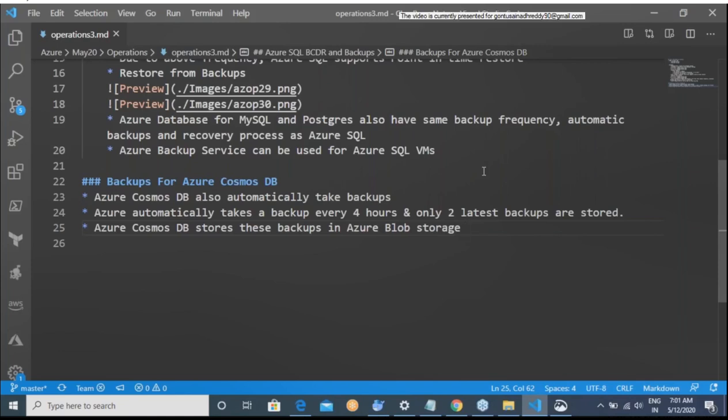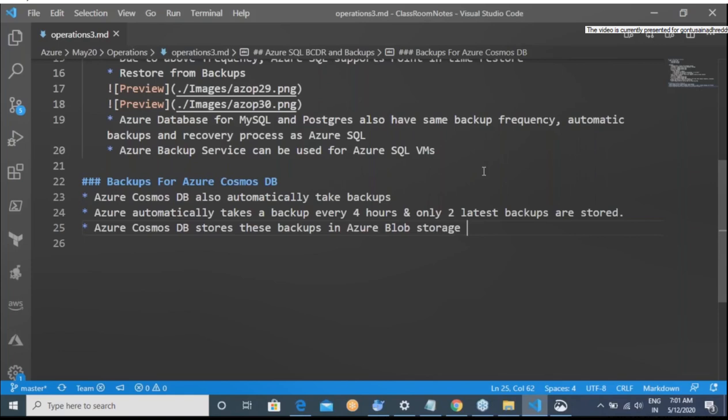These backups are taken without having any impact on your performance, because it stores the periodic backups on Azure Blob Storage, and then from there a snapshot is taken. Can I manage my own backups? The answer is yes, you can. You have a policy defined, and from that policy you can change the way you want to take the backups. But mostly it is already done. You really need not do anything.